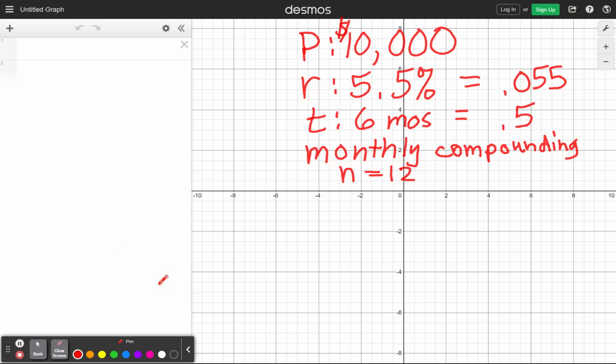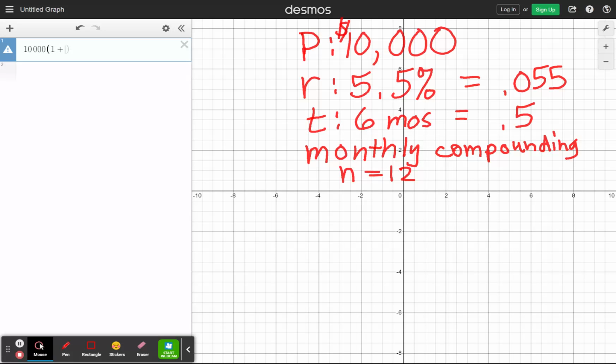So the very first thing that we will be doing is finding what is the future amount if we only had simple interest. So the future amount for simple interest is our principal. You don't use commas on Desmos. Principal times 1